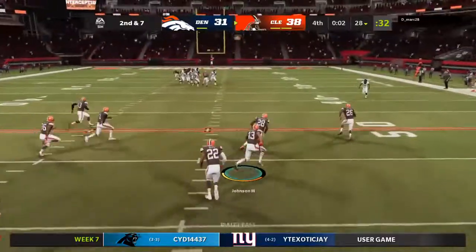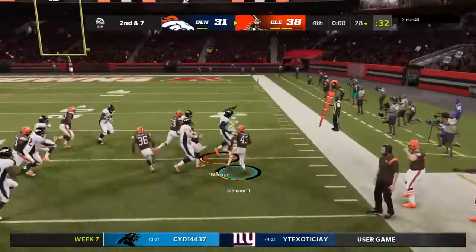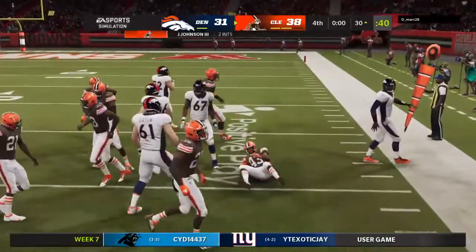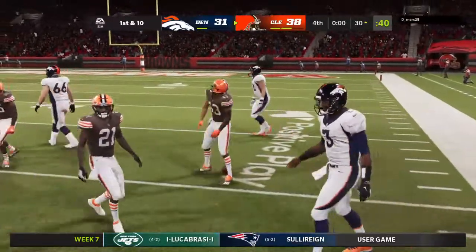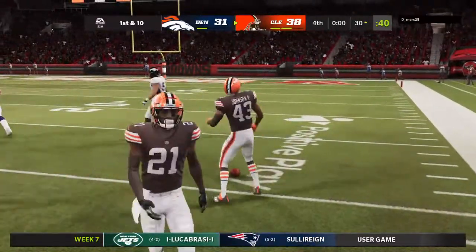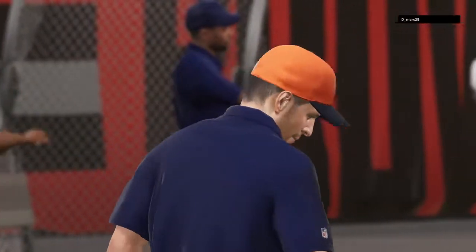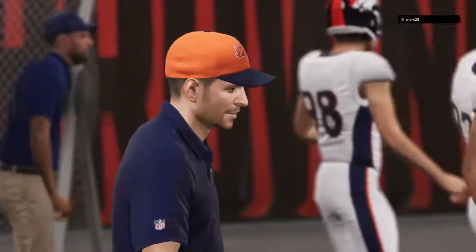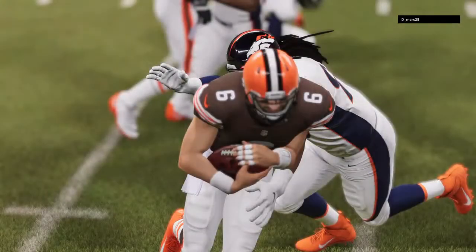And now here is another interception. Picked off by John Johnson. And the Browns are going to hang on the final play. They get the turnover to seal this football game. Well, we were on hand for a fun and entertaining game here. Coming down really to that last play. Great job defensively to get the pick and seal it. And we know that every play during a game